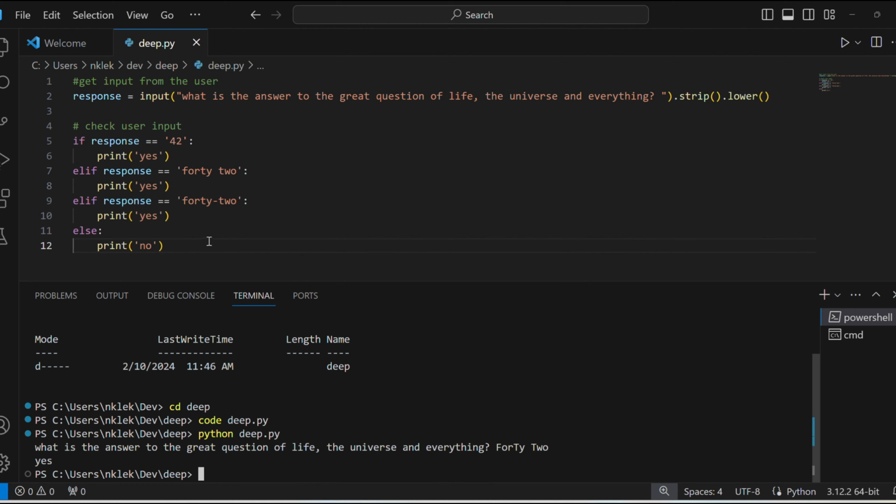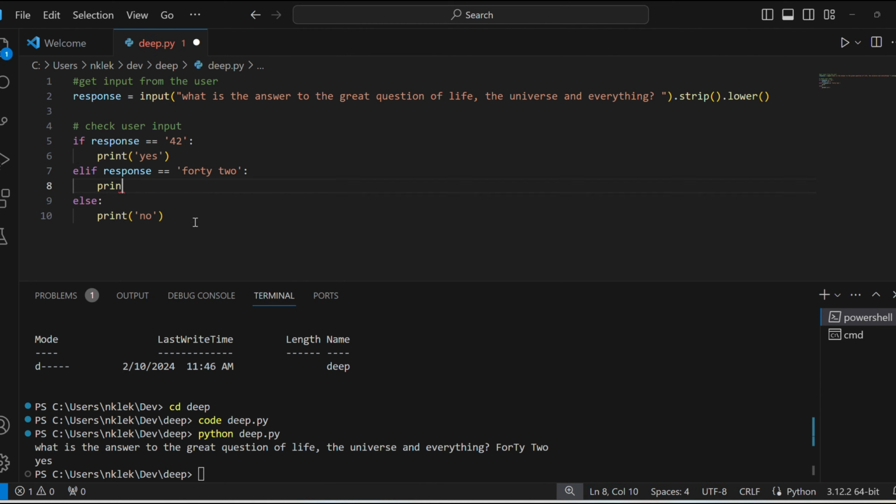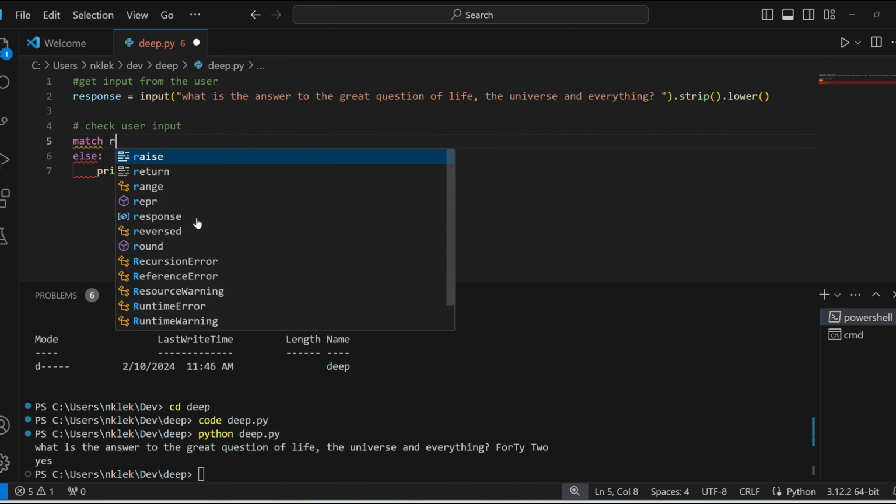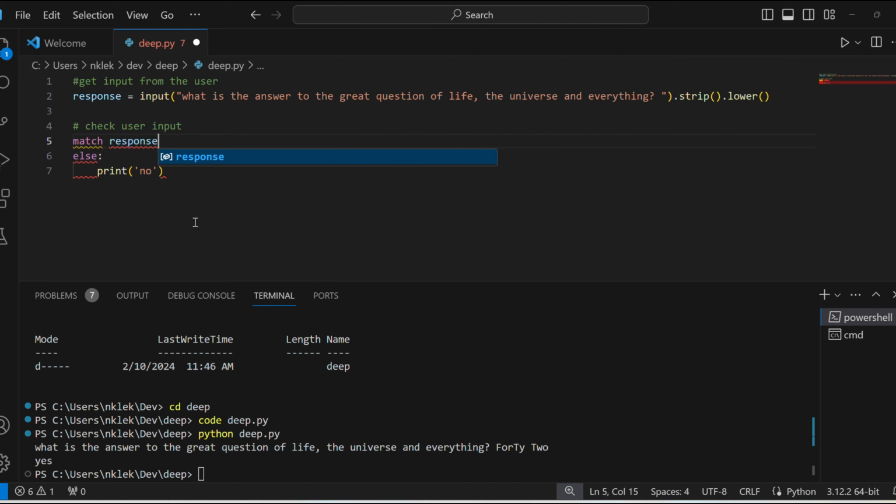If you look at this file, you see that a lot of this is very redundant. Like we're printing yes like 3 times. And there's a way that we can actually make our code shorter and nicer, still using if-else statements, or we can use the match keyword. So if I go ahead and try that, let's say I'll remove all of this. Okay, I'll say match response